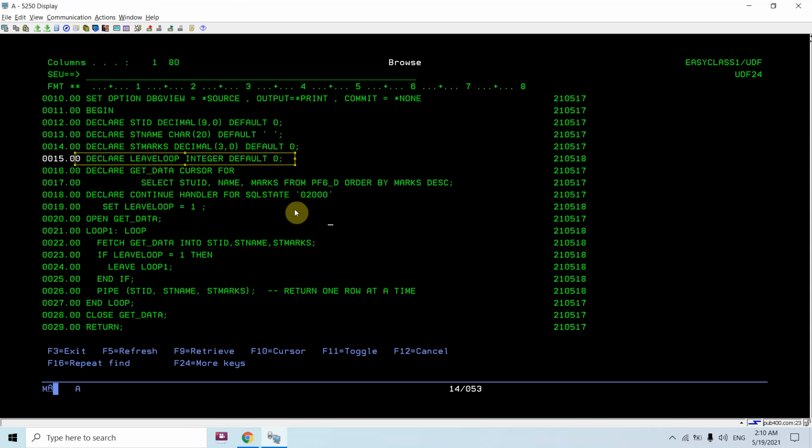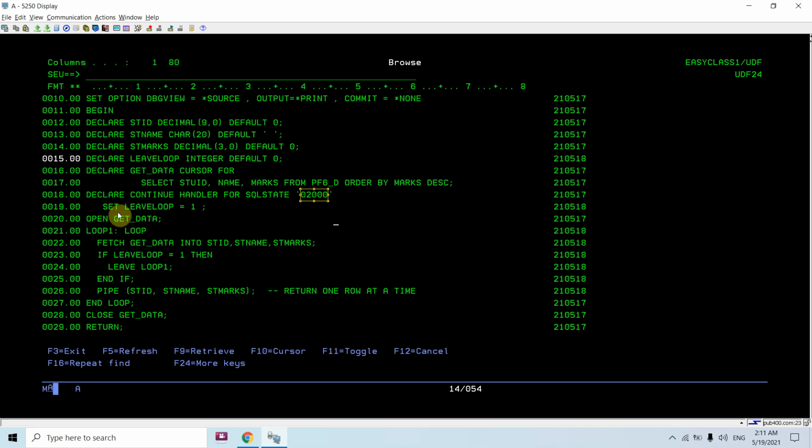So I'm not declaring that condition separately as a variable, so I'm directly using this SQL state. So I can declare like this, declare condition continue handler for SQL state this. So I have declared this handler for this SQL state, which is for not found condition.